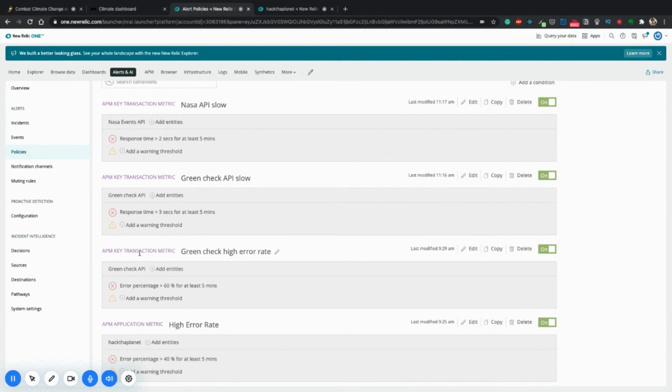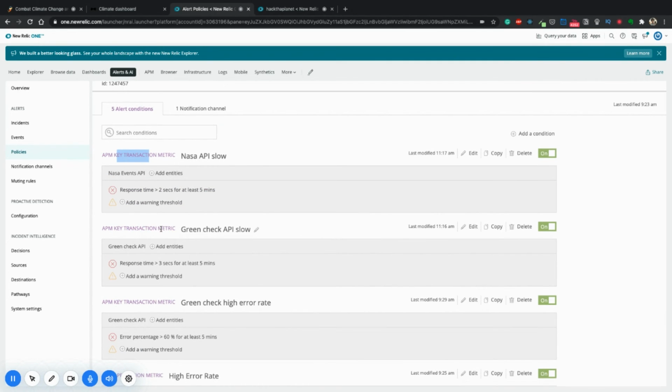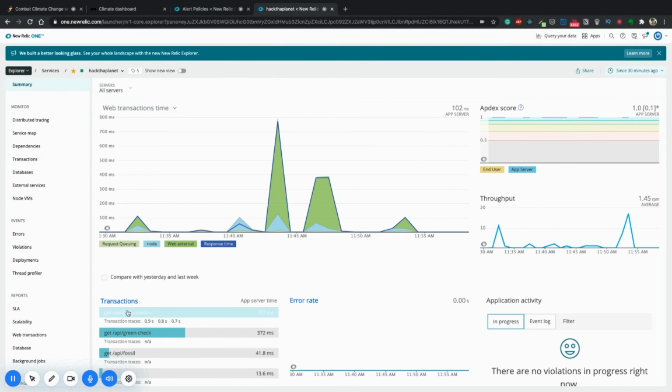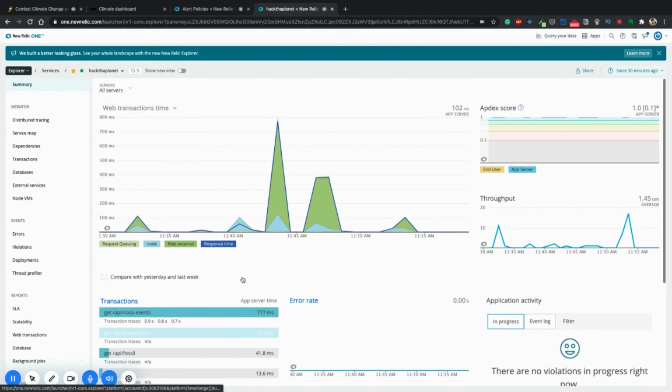Now, apart from that, these are the key transaction metrics which I have customized for myself. I can share how that came to be. I wanted to gain observability over these two particular APIs, as I can see that they are eating up the majority of my app server time.